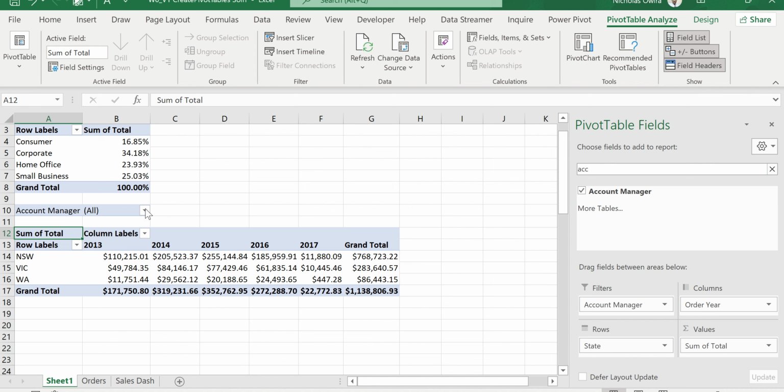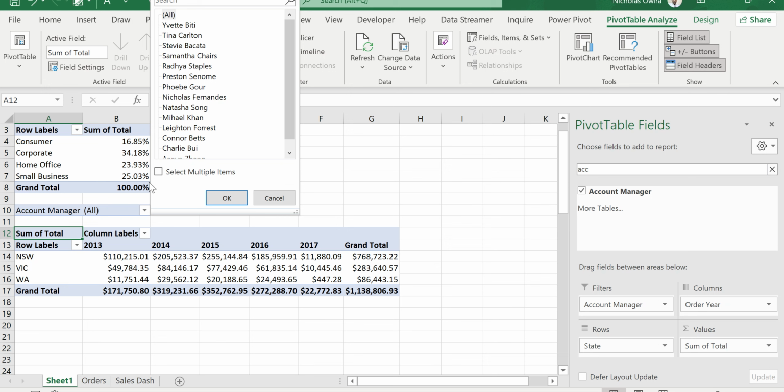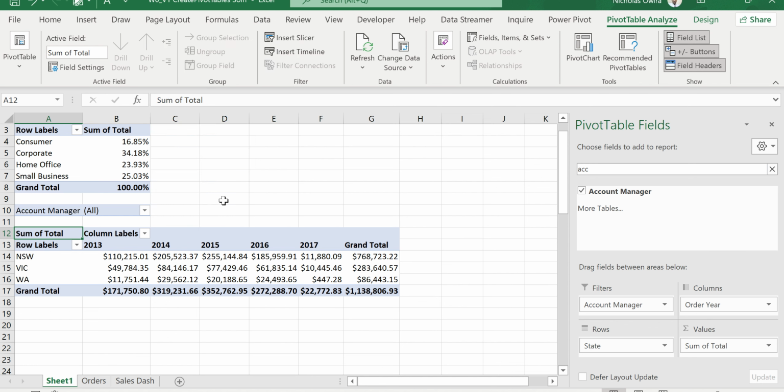Come here where we have the account managers and make sure that the account managers has been placed under the filters field. So you are going to click on this drop-down arrow, check the box beside the select multiple items option. When you do that, you can see each and every account manager has been selected, then just click OK. Once you do that, come to the PivotTable Analyze tab. Make sure that you click it and it is active. Then come up to the topmost corner